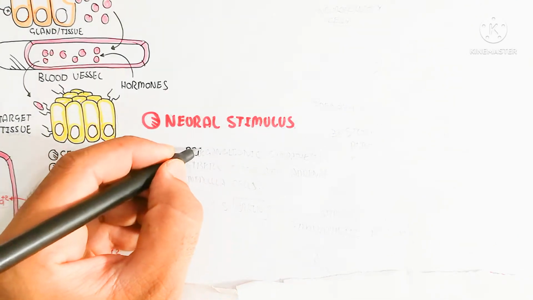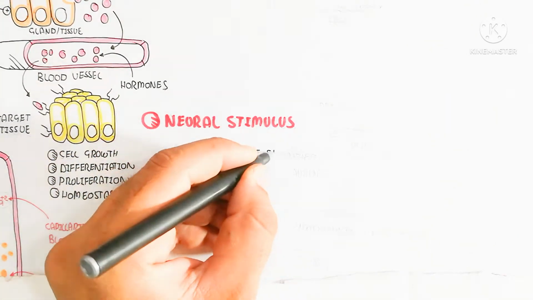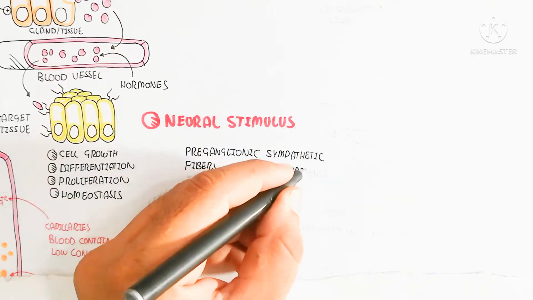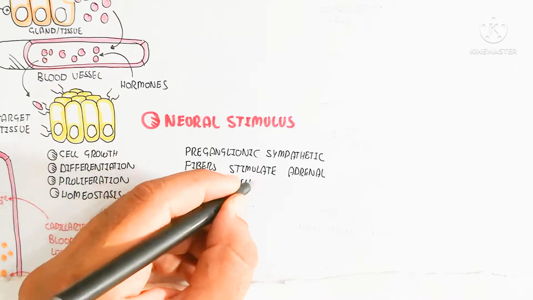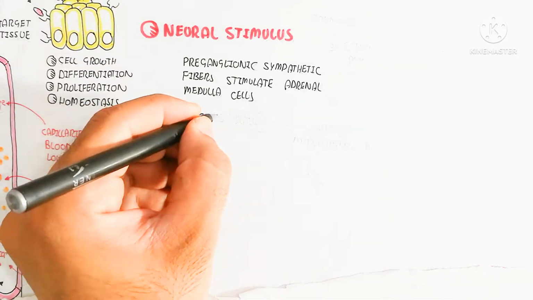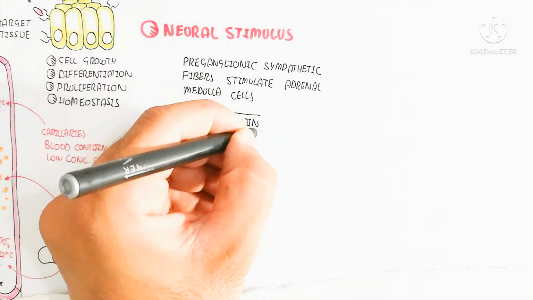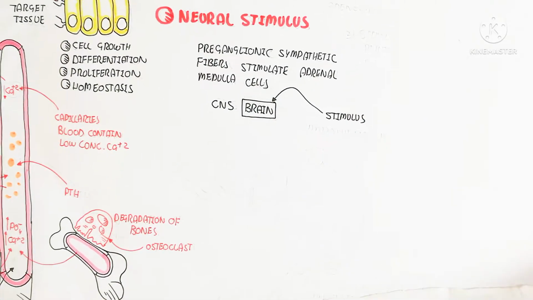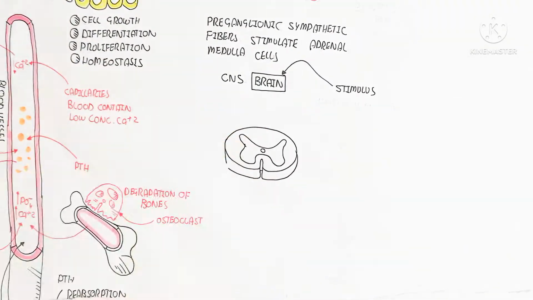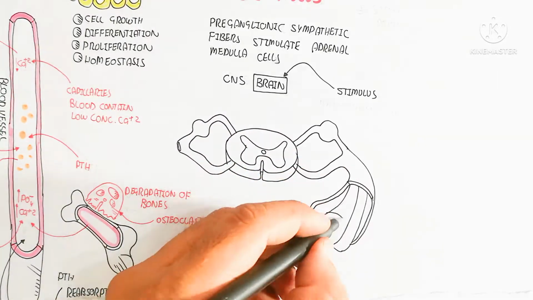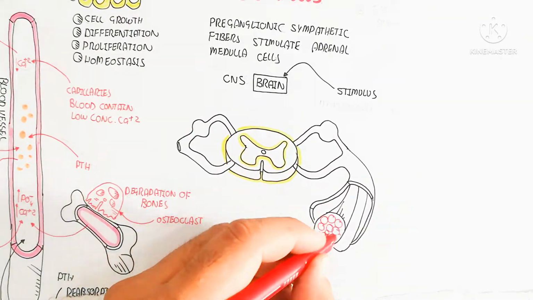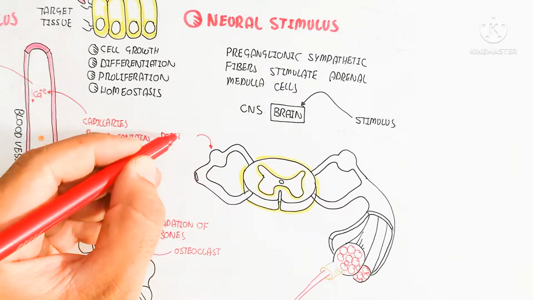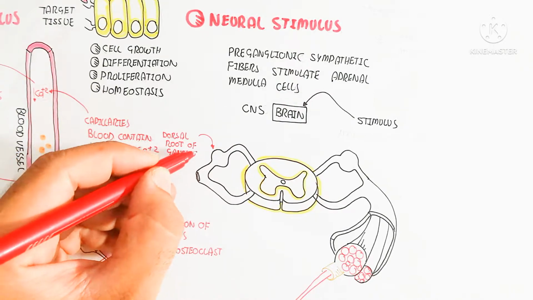So let's begin to understand the neural stimulus. What is this? The preganglionic sympathetic fibers stimulate adrenal medulla cells, for example, which will lead to neural stimulation. Neural stimulation is the central nervous system triggered during the fight and flight response. So this is the sympathetic nervous system activation. The stimulus can be fear or stress,